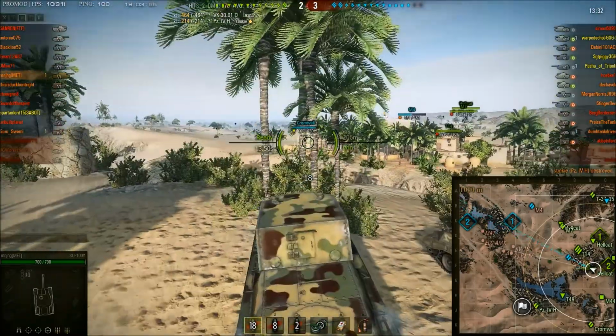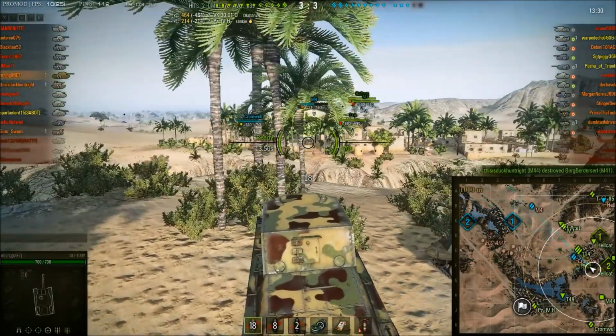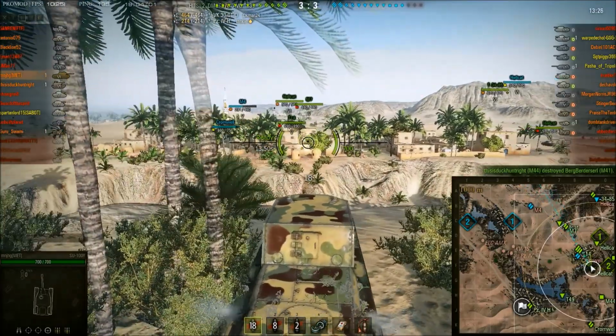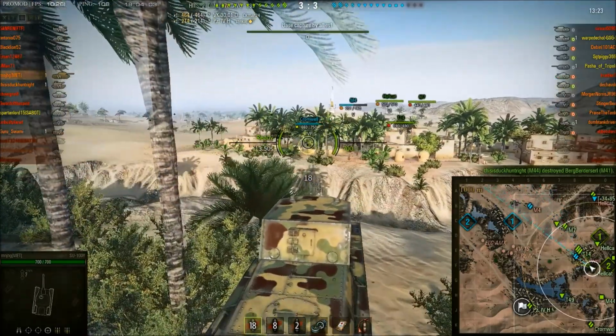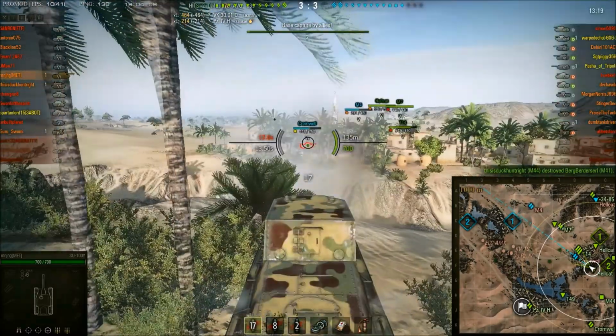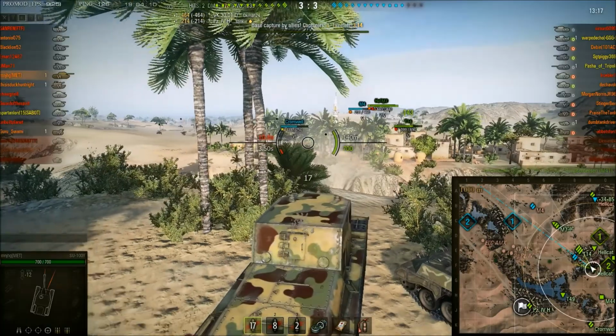So Cromwell advancing. You could see that poor gun depression. Mike has to move up, and this is dangerous because it means that his tank will get spotted, and there are 3 arty on the enemy team. Arty loves shooting at SU-100Ys, but this Cromwell just sits there, and you can see that really, really